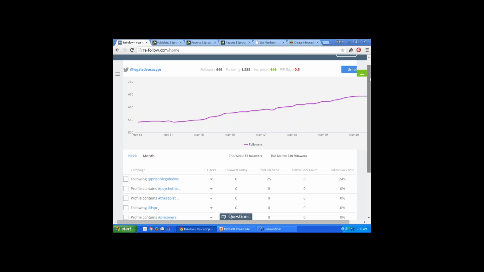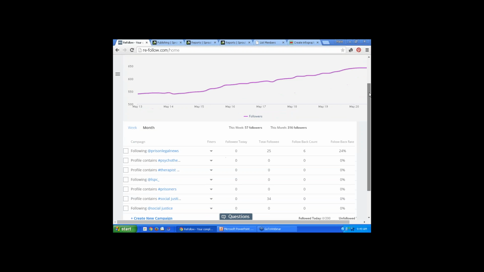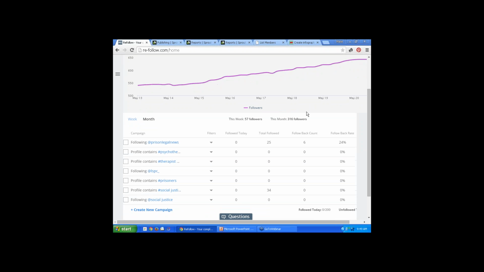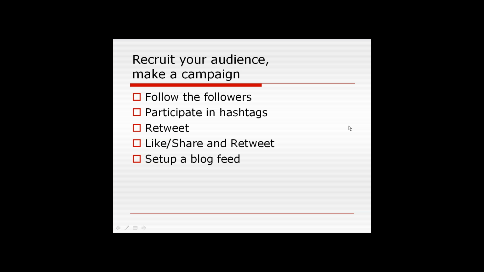We're going to talk about all this stuff over and over again over the 6 weeks. But basically, there are words that your audience uses. There are accounts that your audience follows. And so when we deal with the particulars of these platforms, we're going to talk about how to recruit people for your campaign.